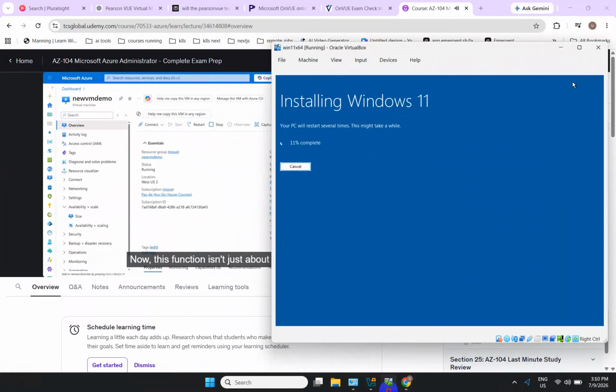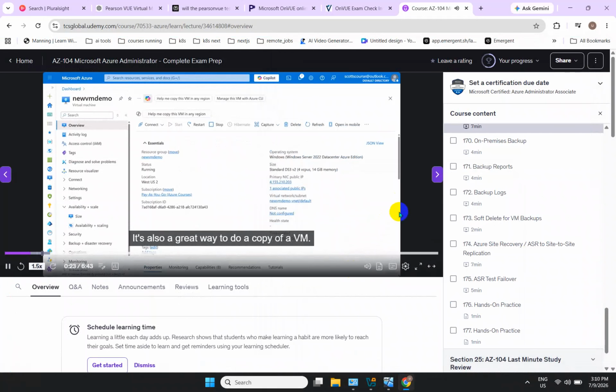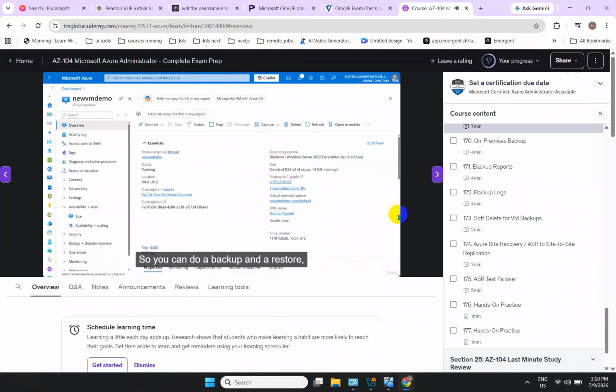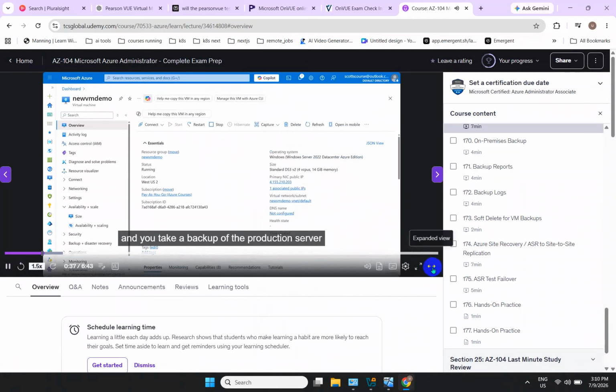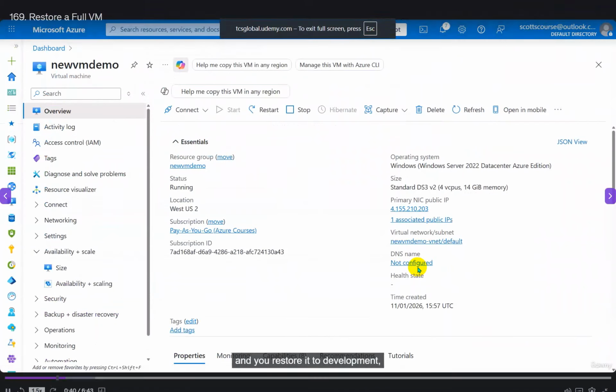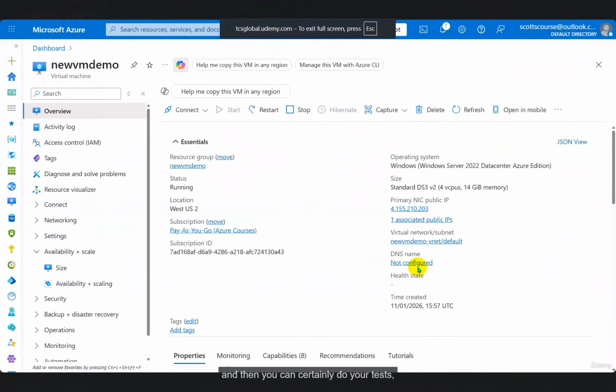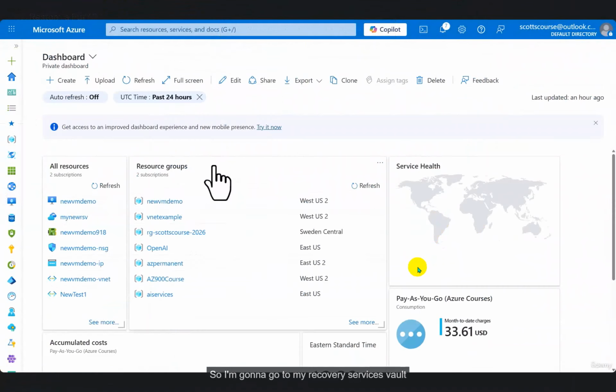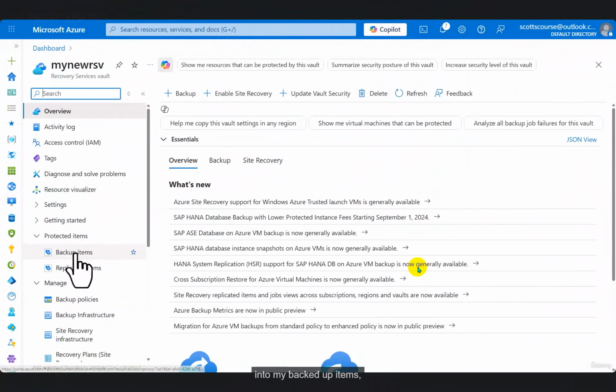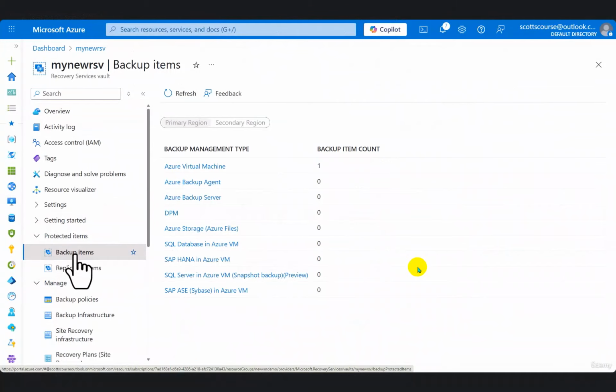Now, this function isn't just about disasters. It's also a great way to do a copy of a VM. So you can do a backup and a restore, and that'll create a second VM identical to the first. So if you want to test something, you take a backup of the production server and restore it to development, and then you can do your tests against a brand new virtual machine. So I'm going to go to my Recovery Services Vault, into my backed up items,